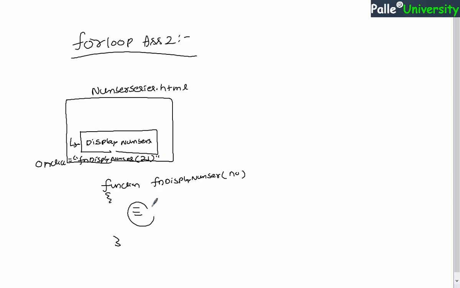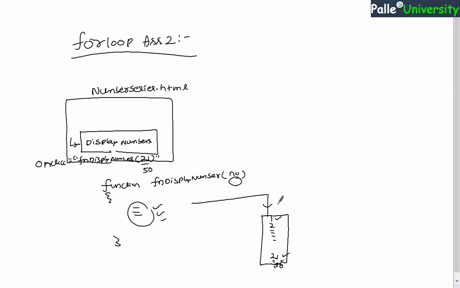Once the number comes into this variable and once this function code execution is completed, obviously you need to display the output like this. Let me show you the expected output. From 1 till the given number you have to display the output. So currently we are passing 21 over here. So in the alert box I would like to display the numbers from 1 to the given number. If this number is changed, let us say I passed 50, then from 1 to 50 I have to display the output, right?